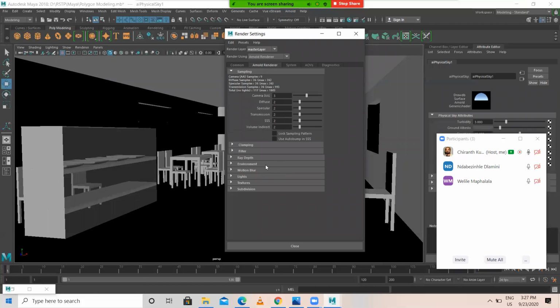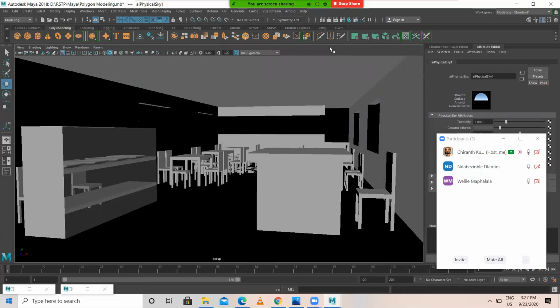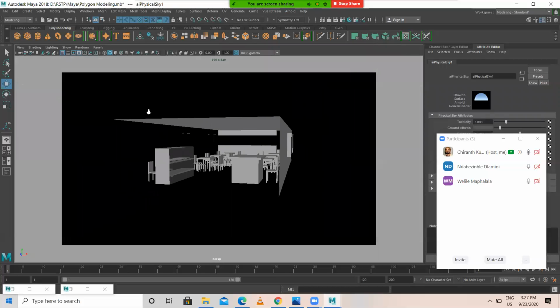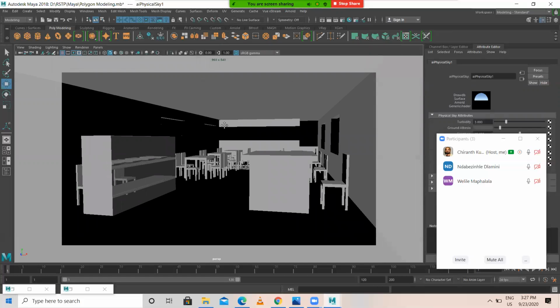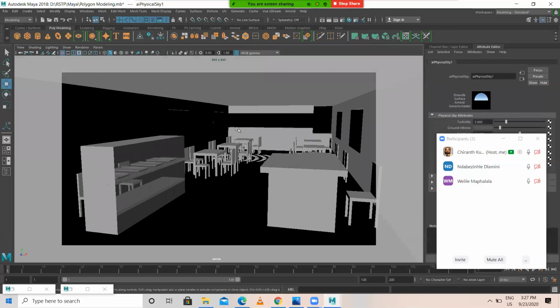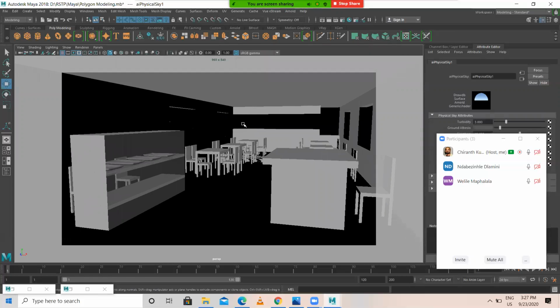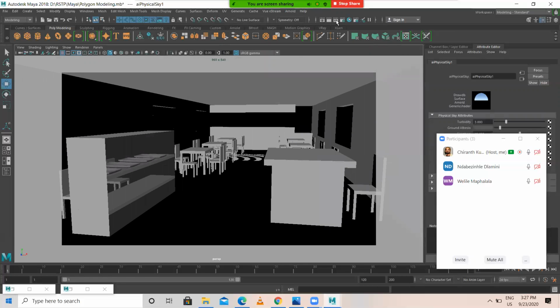There are so many things you have to learn, like what is motion blur, how many types of lights are there. We will do that. Now I'll select this.